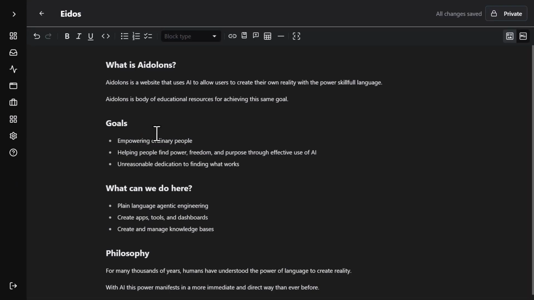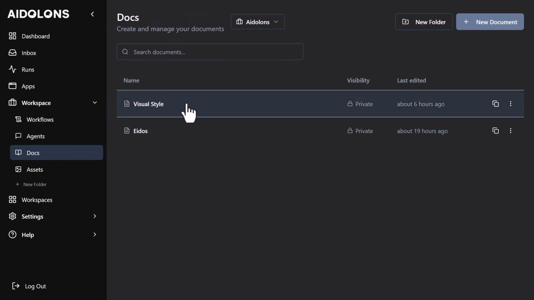The Eidos is a document that contains the spirit or the core idea of the project that you're working on. This document right here, I wrote by hand, which I realize is almost heretical these days, but I strongly recommend when you're trying to record the spirit of your project that you do so in your own words, because the AI probably will not do as good of a job as you will. Now we fed this Eidos into an agent, and we asked it to give us a visual style.